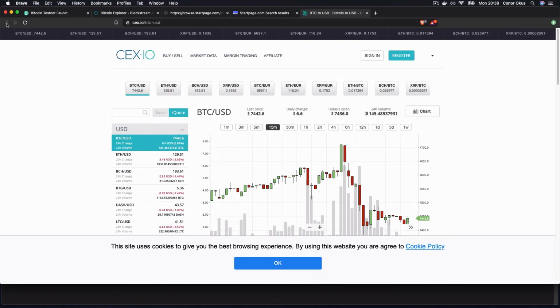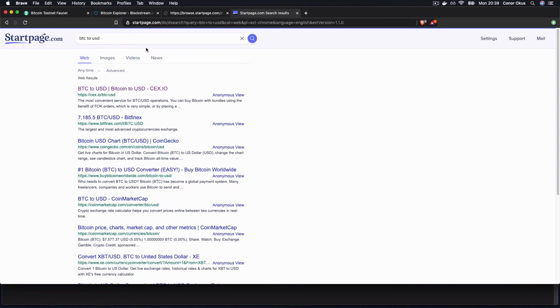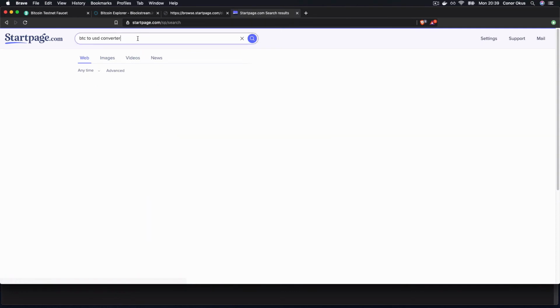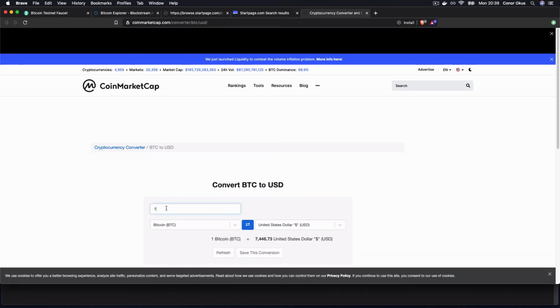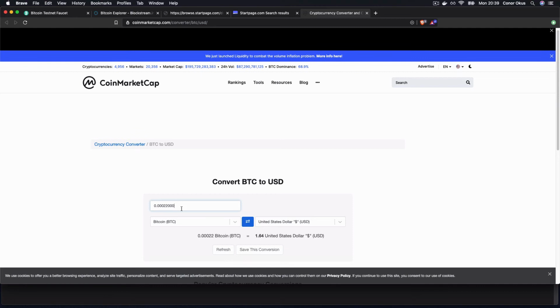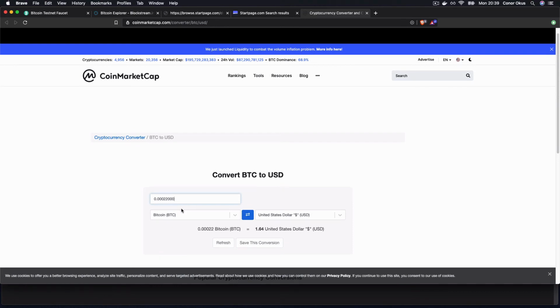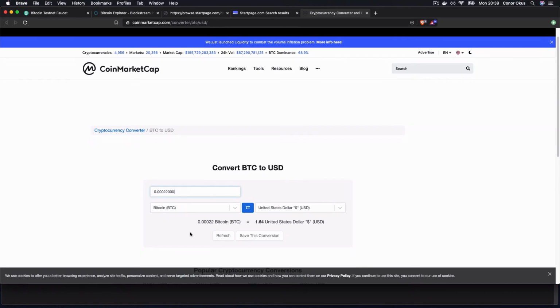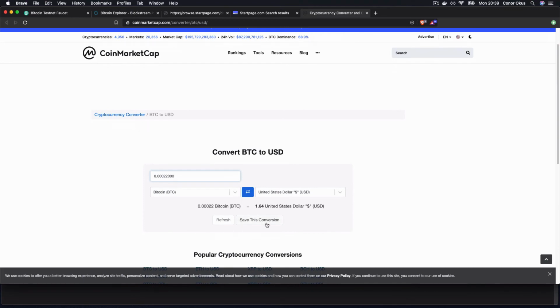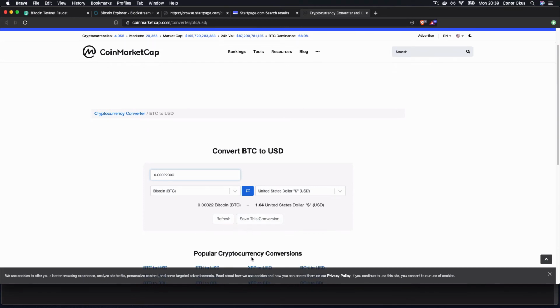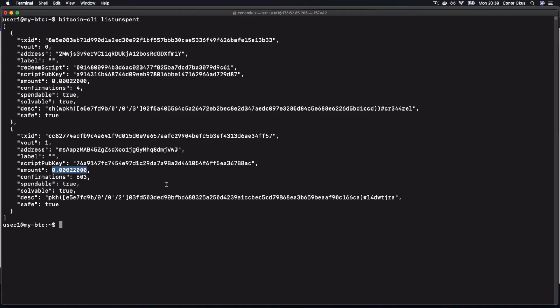What I want is just a conversion tool, don't I? So maybe a converter, CoinMarketCap, fine. Okay, and if I enter that amount in the real world, that is worth 1.64 USD. Okay, so not that much. But anyway, so now we can,